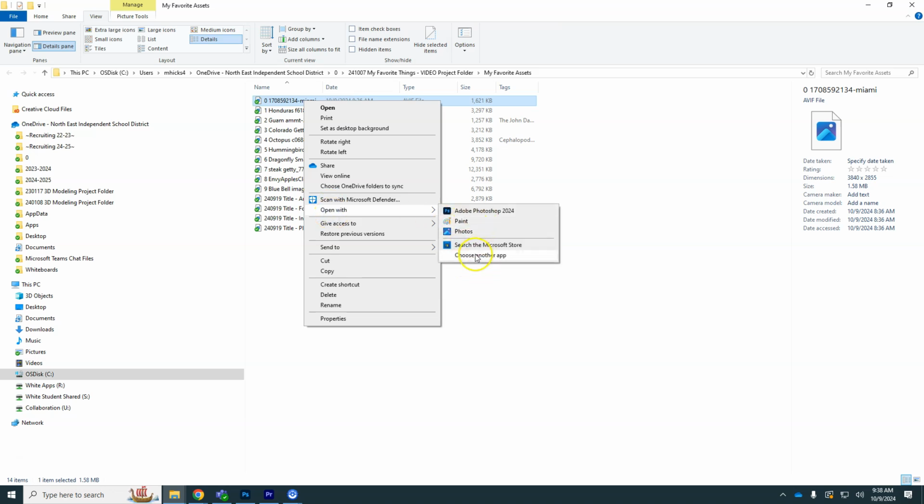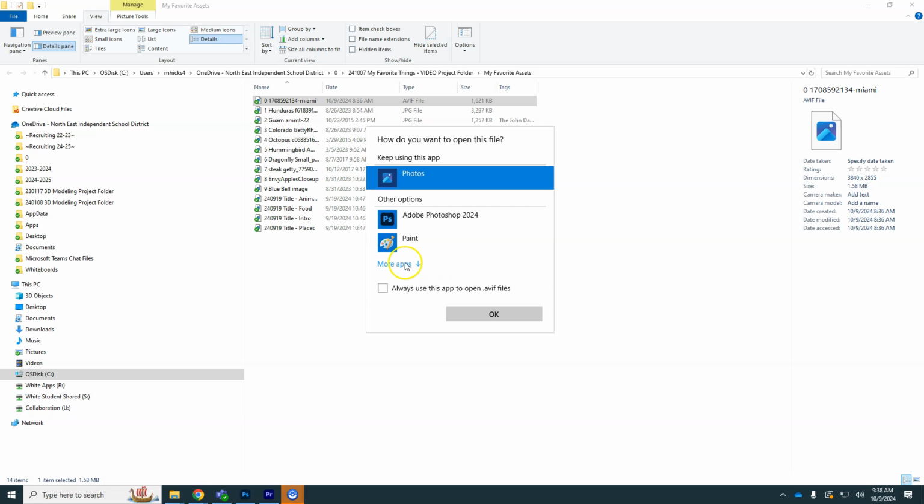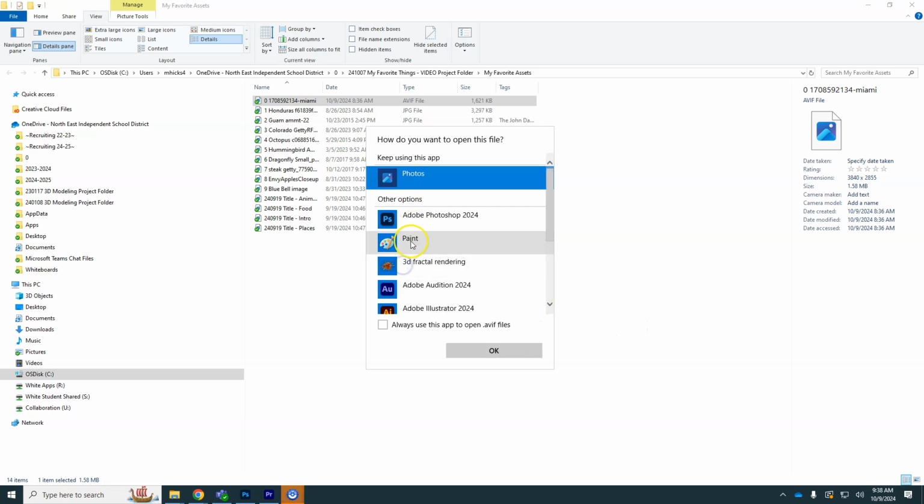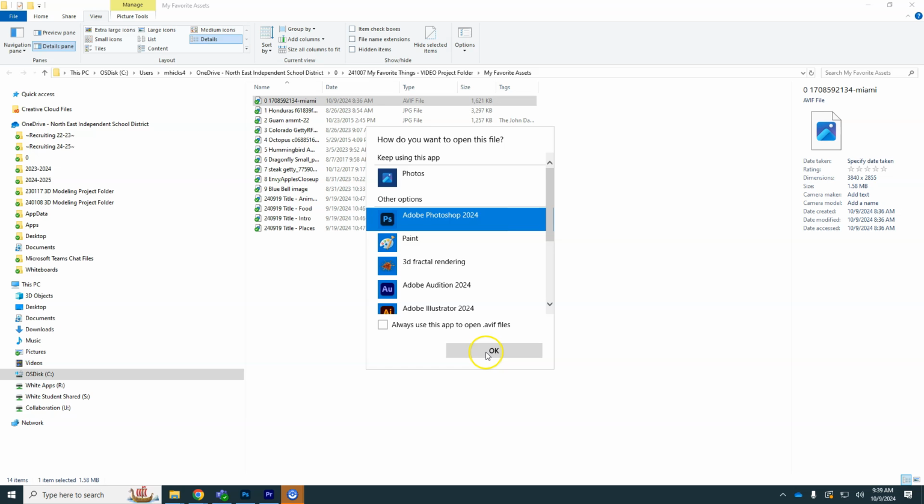If Photoshop's not on here, go to Choose Another App. If it's still not on the list, go to More Apps, and it should show up by then. We don't want Photoshop to always open it. That's what this box would do. We can teach Windows what program to open a file with, but we're just going to open it this once